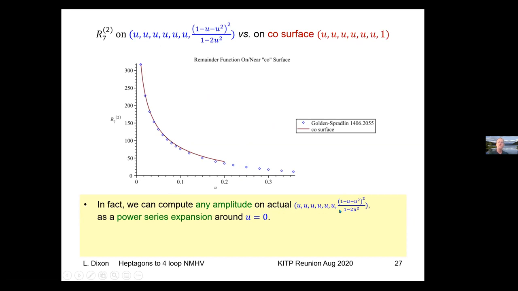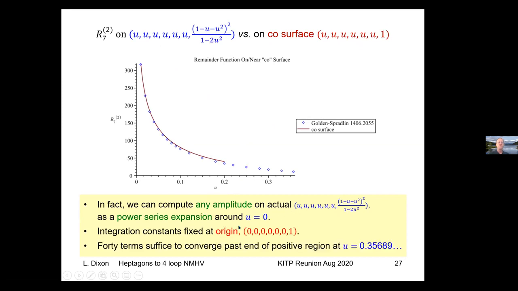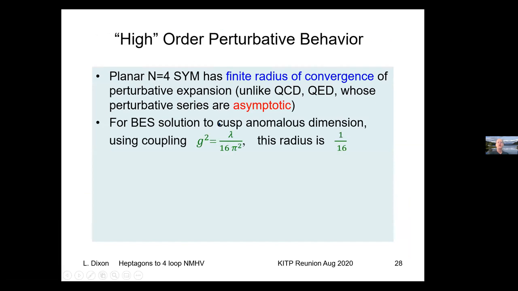But we can do the computation on the actual one by a power series expansion around U equals 0. And when we do that, we get exact agreement with Golden and Spradlin. And we fix all the constants of integration at the origin, which is part of the CO surface. And 40 terms are enough. So now I'm going to show you some plots of those